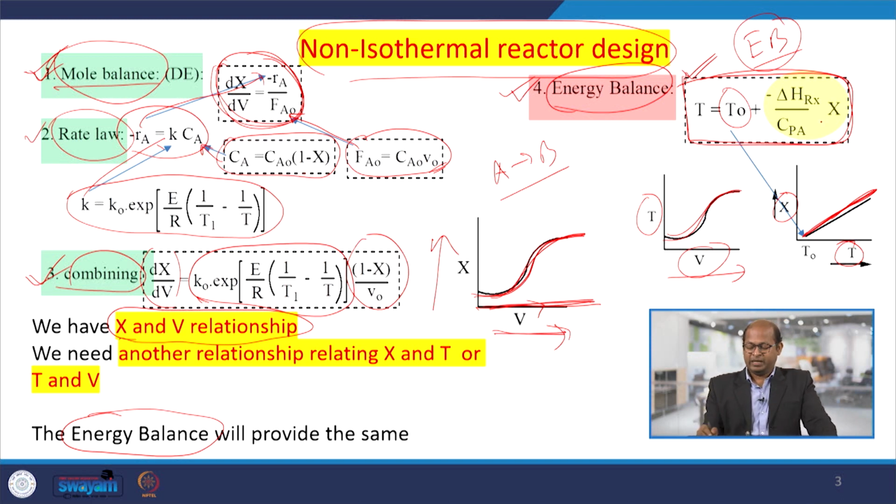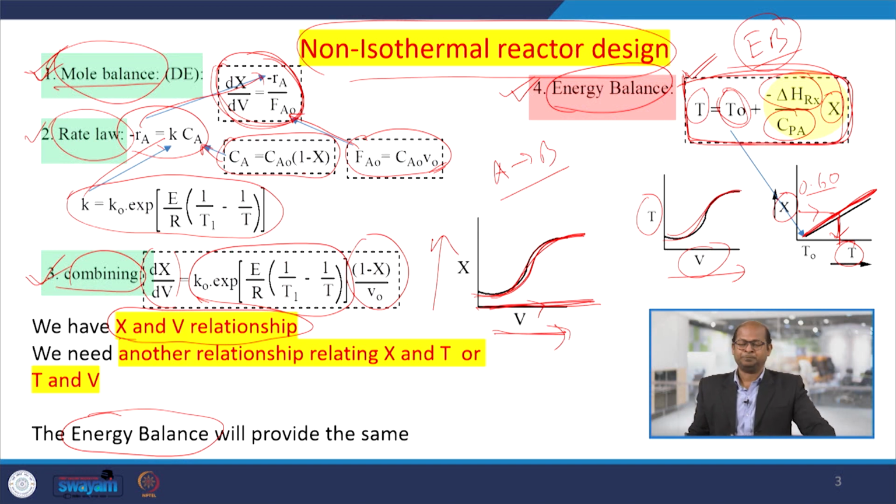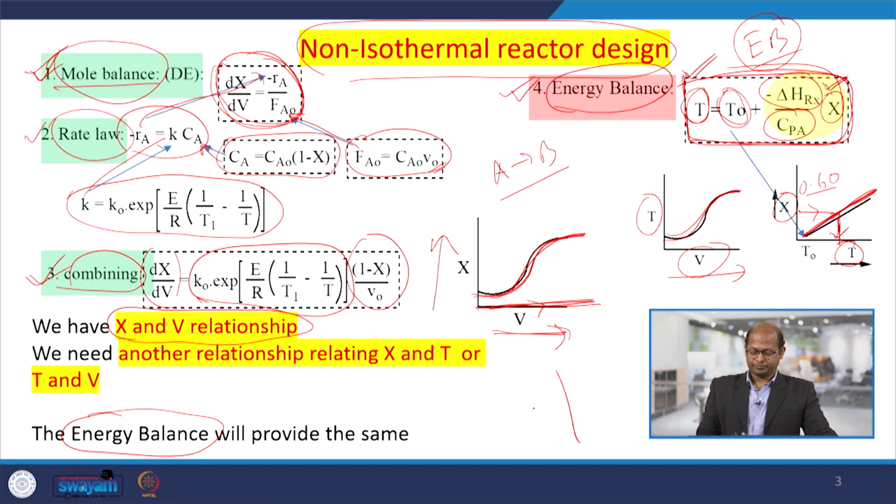and at any time when conversion is x, then that would be the temperature. So, at any time, let us say at this particular conversion, let us say 60% conversion, at that time what would be the temperature. So, using these equations we can find out, if the heat of reaction for that particular reaction is known, the heat capacity is known, and at what temperature the feed is entering the reactor, and once the reaction is occurring adiabatically inside the reactor, then at any time what would be the temperature, at a particular conversion,